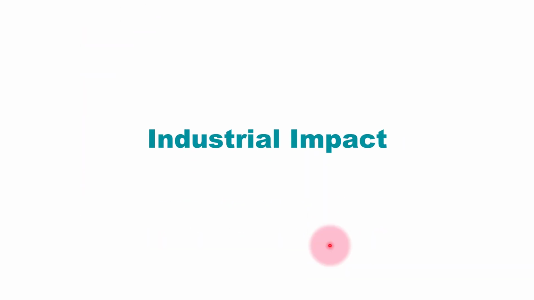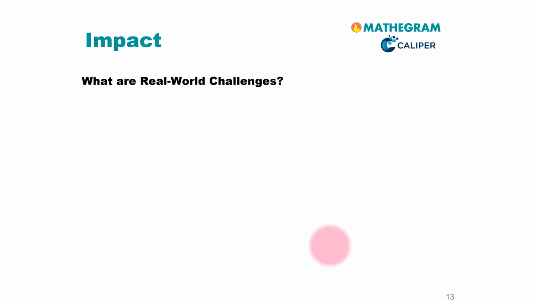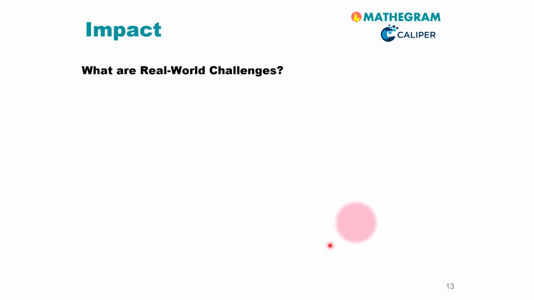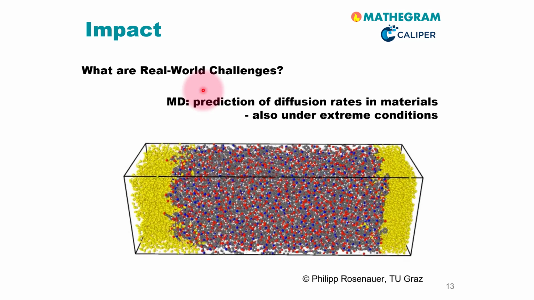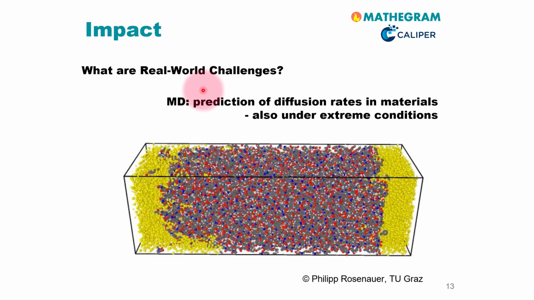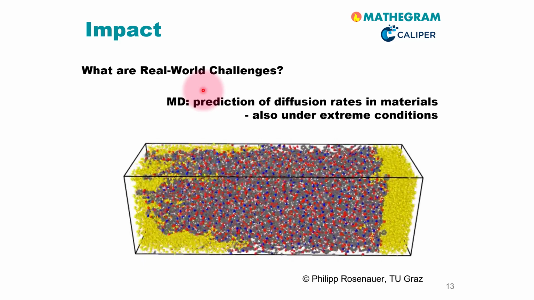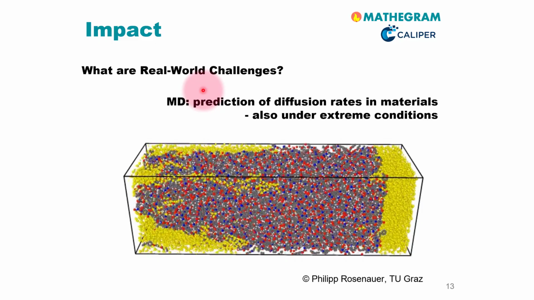Let us next look at the industrial impact of such simulations. What are real-world challenges that are addressed by such simulations? First, start with MD simulations, a very important class of Lagrangian methods similar to the discrete element method. These MD methods are used for prediction of diffusion rates, for example, in materials, also under extreme conditions. You see here a simulation of Philipp Rosenauer from TU Graz that is interested, for example, in the diffusion of water molecules